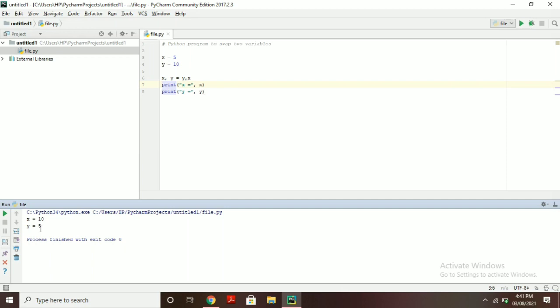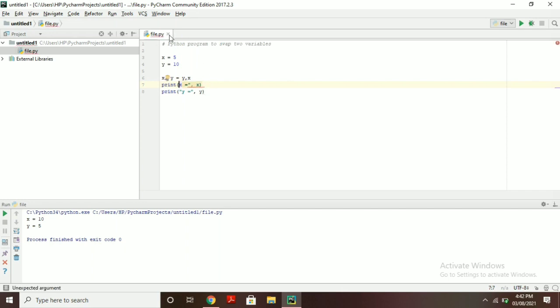Previously we saw a Python program in Anaconda, and in PyCharm we also saw a program for addition of two numbers, and this was the second basic program, swapping two numbers. Syntax is basically the main thing whenever we are dealing with Python. You have to keep the syntax in mind. Like previously, when we didn't use the dot format of x, it was showing an error. So you have to make sure that you write the proper syntax.